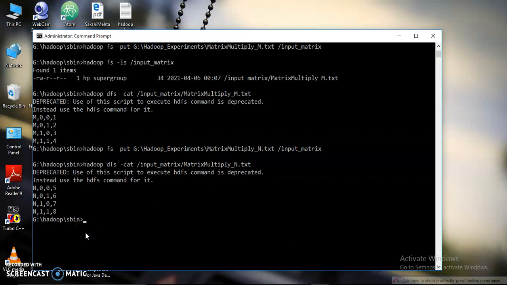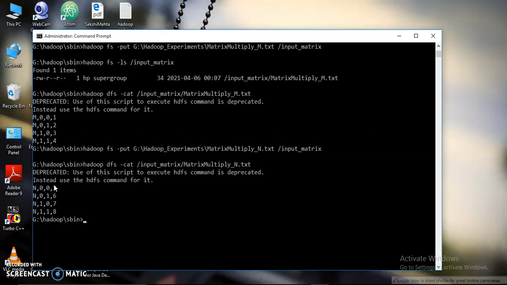The format is very similar to the first one. The only difference is that the matrix name we have used here is n. The rest is the same: the row index, the column index, and then the value at that row index and column index.